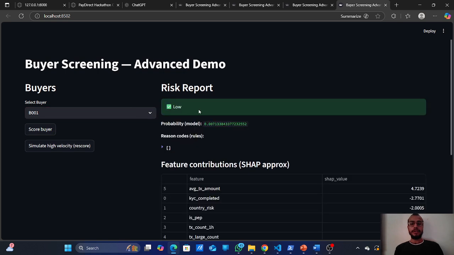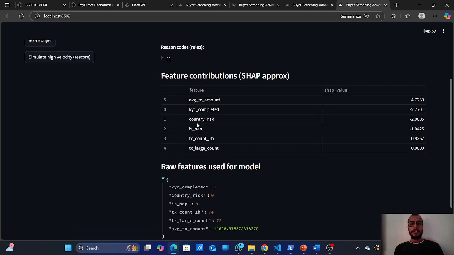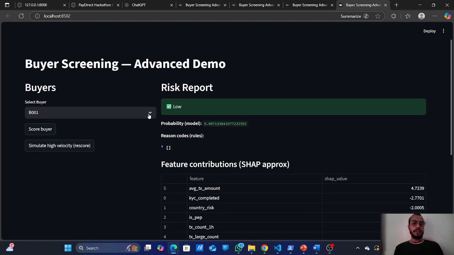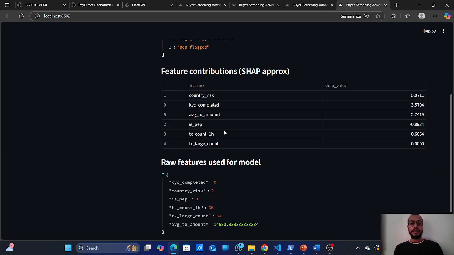Here is the risk, the probability, the model, and the rule reasons, and the features also show average transaction amount, KYC completed, country risk, PEP, and transaction count. If we select example 2, then it shows the score is high, the probability is given here, and the feature contributions like country risk, KYC completed, average transaction, PEP, and transaction count.